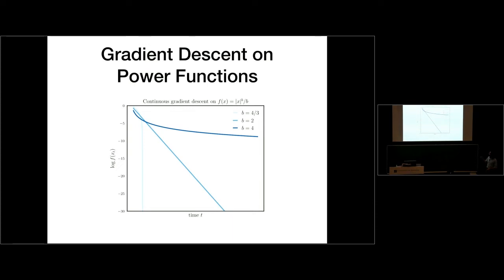I'm looking at b equals 4/3, b equals 2, and b equals 4. So just to really drive the point home, at halfway through our simulation here, we're at e to the minus 20 for b equals 2, but we're at e to the minus 5 for b equals 4. That means that this is e to the minus 15 smaller than on the path for b equals 4. That's a lot smaller. Okay, just to really drive that point home. This is the function value for b equals 4/3. So this is even better than b equals 2.